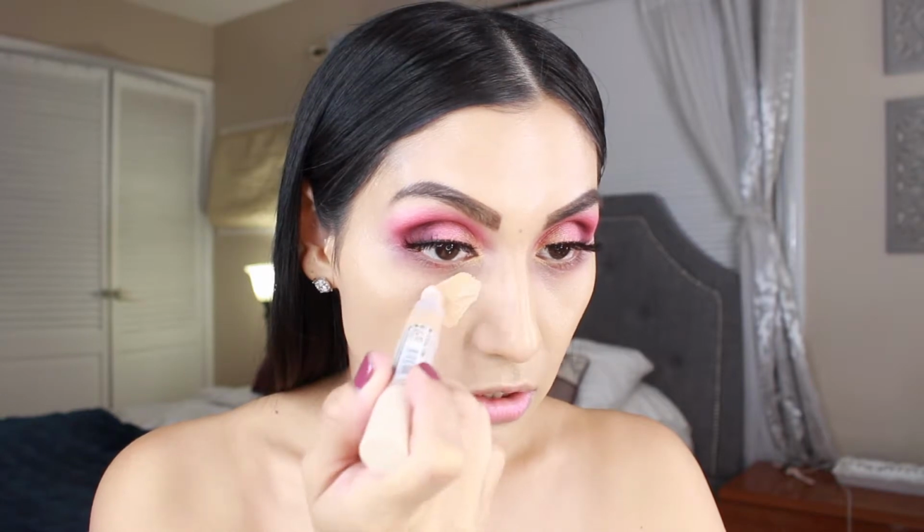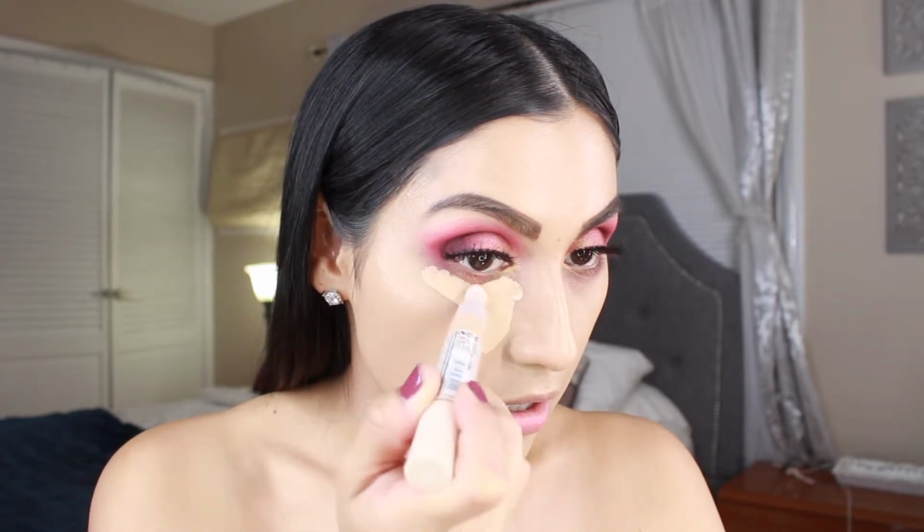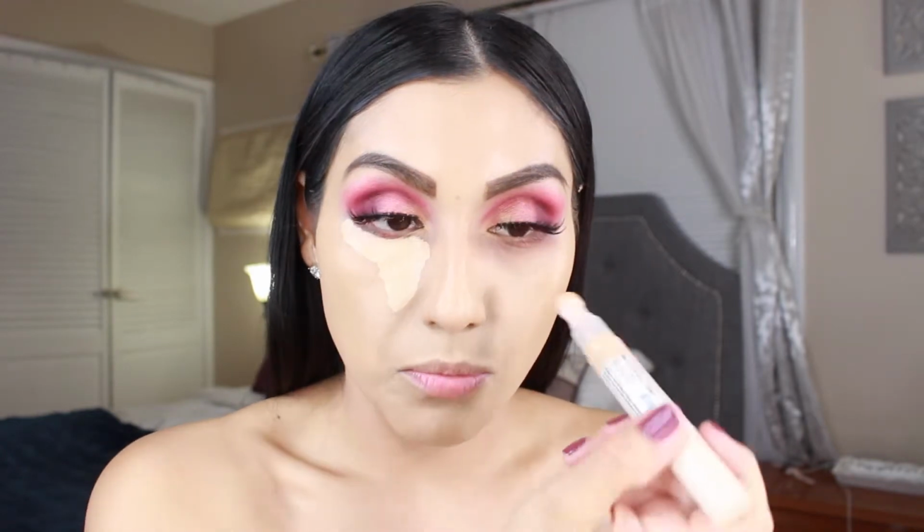We shall see. So I'm gonna go in with concealer. Use this for the eyeshadow base. This is the Fast Base Concealer from Makeup Revolution. This is in the shade C7. I'm gonna go in with that one because I thought that one looked pretty good for me. It's a little bit peachy, so it's going to cancel out whatever darkness I have, and it's super brightening right